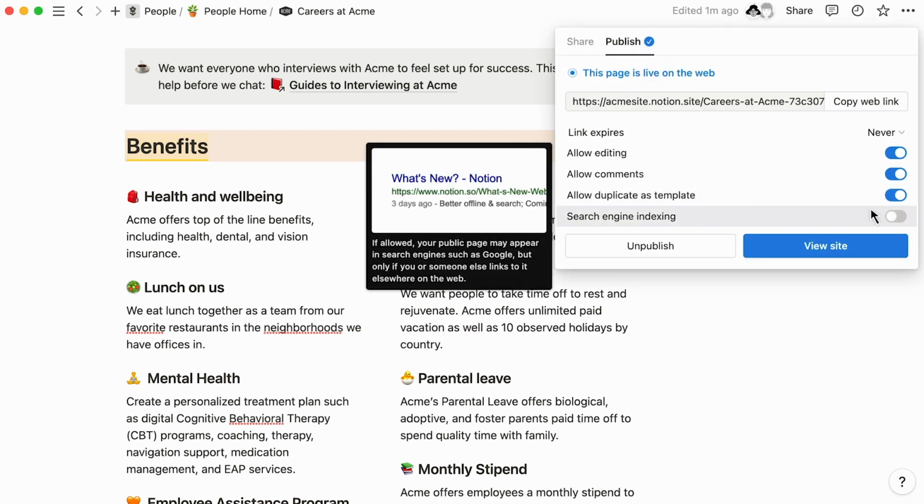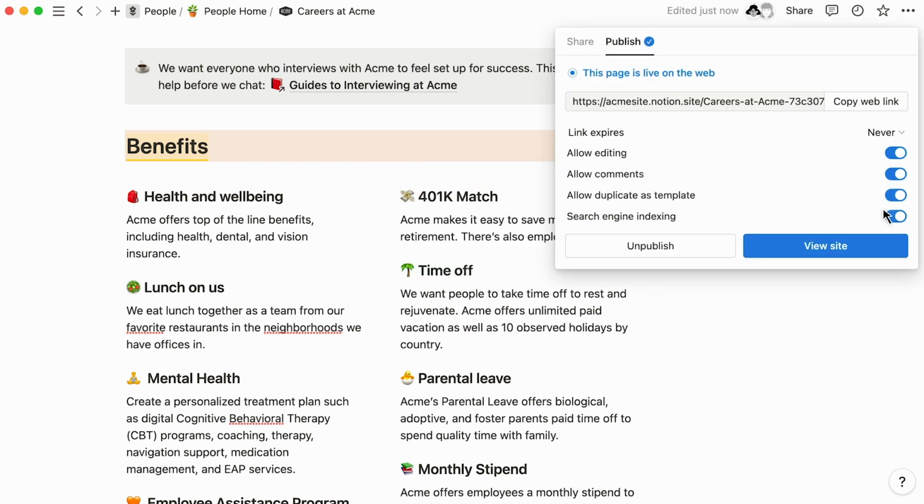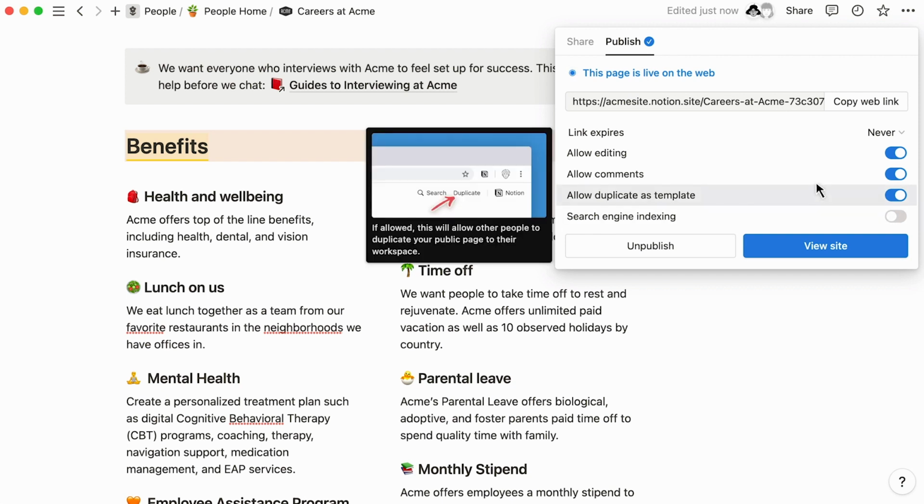If you turn search engine indexing on, your Notion page will be indexed by search engines like Google. In other words, it can be included in search results. This may be useful for something like a blog or career site, but you can also keep it disabled for more privacy. Finally, Allow Duplicate as Template lets anyone copy your page into their own Notion workspace, where they can